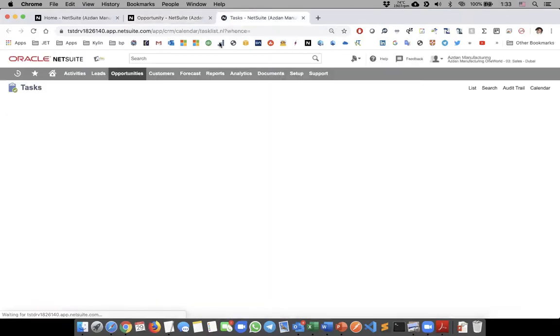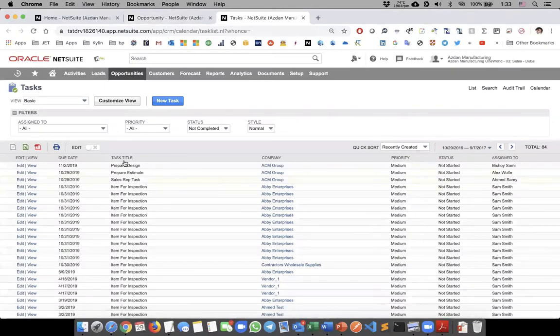So here I'll find that's perfect. Again, I'm receiving the emails and the tasks have been automatically created. This is the first task, which is for a sales rep task, and the prepare estimate. The first task has been assigned, it's linked first, it's not a generic task, it's linked to this company. The first task has been assigned to Ahmed Sami, second one to Alex Wolf, and third one to Bishoy